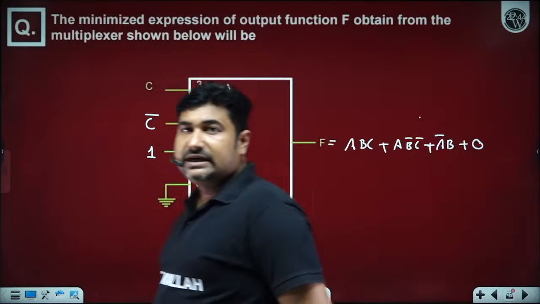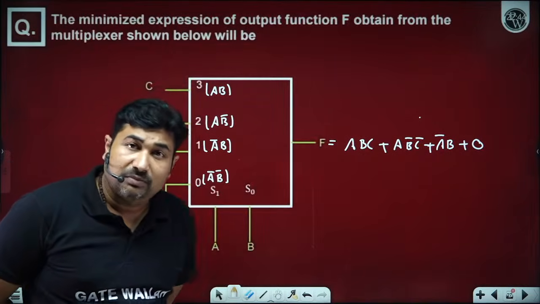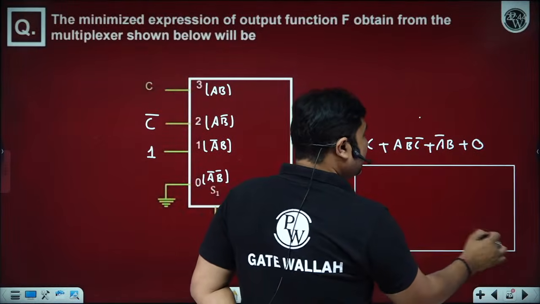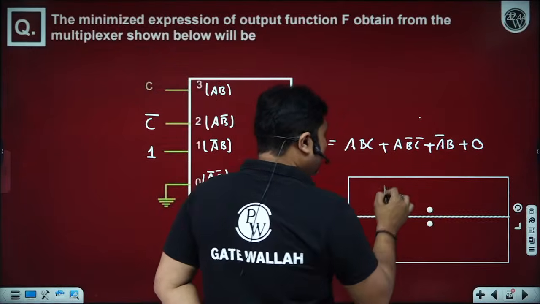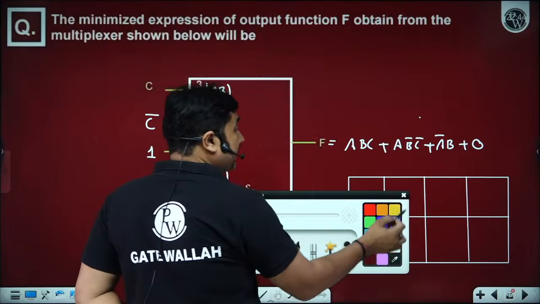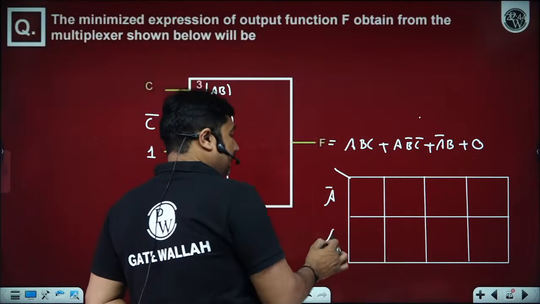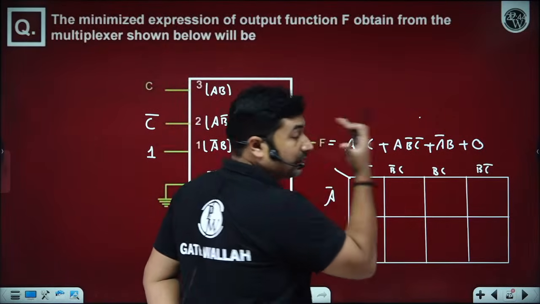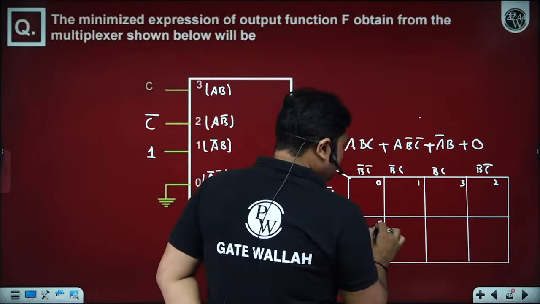A multiplexer may give an intermediate expression, and the output expression may be in some other intermediate form or maybe in a minimal form. So the best is to go with a K-map, because the K-map shows all possible different minimal as well as canonical expressions. All intermediate expressions can be identified from the K-map directly. So we only have to draw this figure. Then A bar, A, B bar C bar, B bar C, BC, BC bar. All these things also come in your mind only. You need not write all these things. The numbering is also in your mind only.